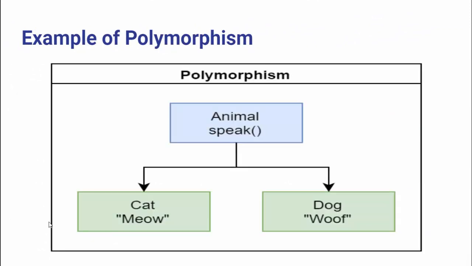Now let's see, we have an animal class and we have two other classes like cat and dog. Now these cat and dog will have a method called speak because they have the functionality that they can speak. The cat class will inherit the animal class and the dog class will inherit the animal class. Now what will be the benefit of using polymorphism? Whenever we call the speak method using the cat object, it will dynamically speak meow, and whenever we call the speak method using the dog object, it will dynamically call woof.